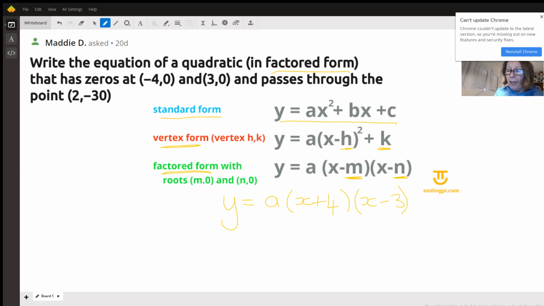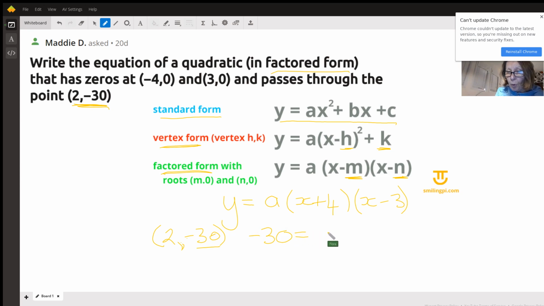We just need to find what our stretch factor a is, and they do very kindly tell us one additional point. So we can use this point, not -2, 30, it's (2, -30). So we're going to use this one point. We're going to substitute that into our equation, and that will help us figure out what a is. So the y coordinate is -30